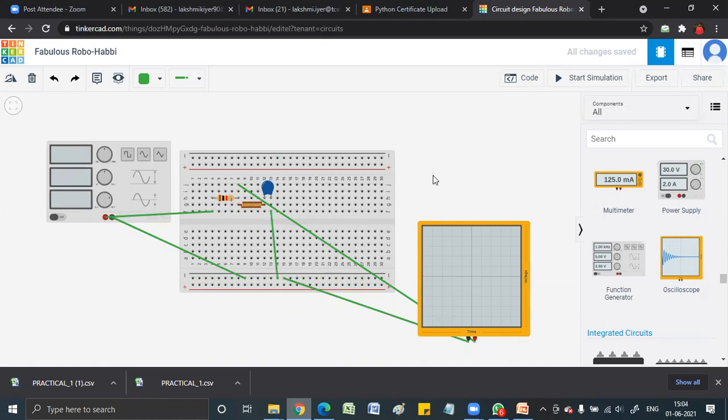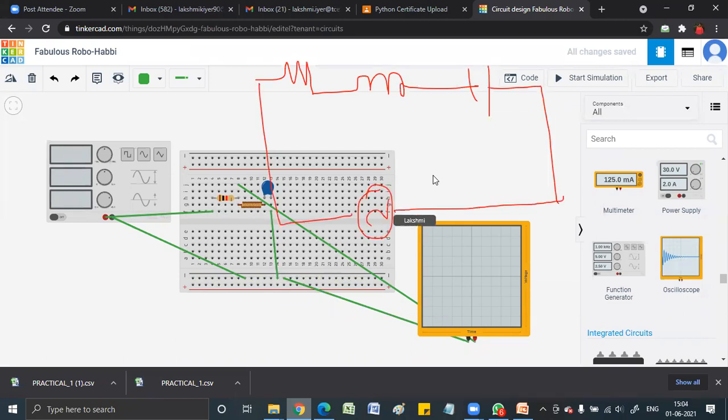Okay, so I'll just show the connection over here, what we have done. This was R, this was L, this was C. Across this, we have connected an AC supply. This capacitor leg is going to ground. Next, we have connected our output device. Where is the output connected? Here. Positive terminal comes over here and negative terminal comes over here. But this negative terminal is nothing but this ground. So you have connected between your LC. I hope this is clear.